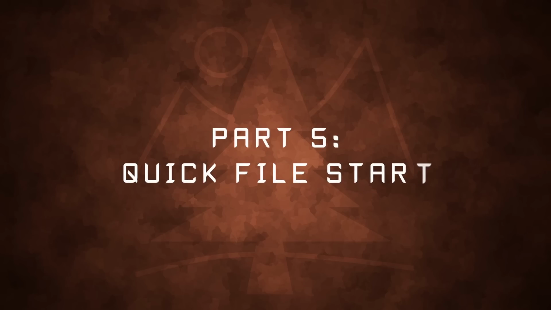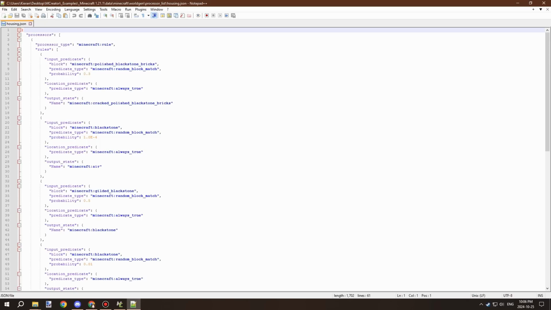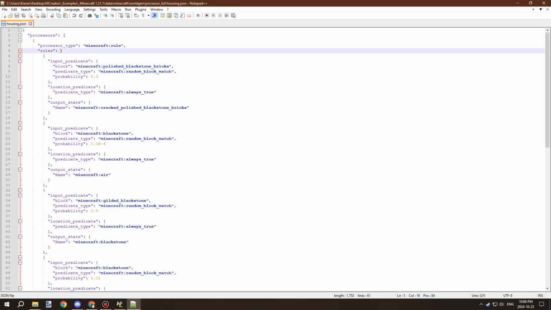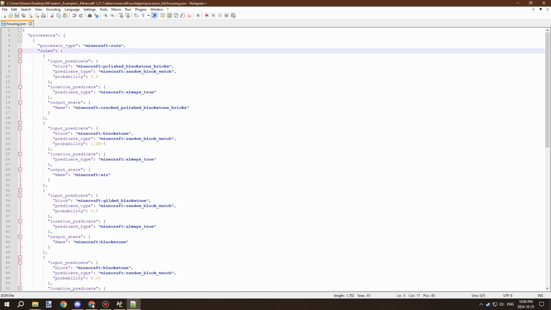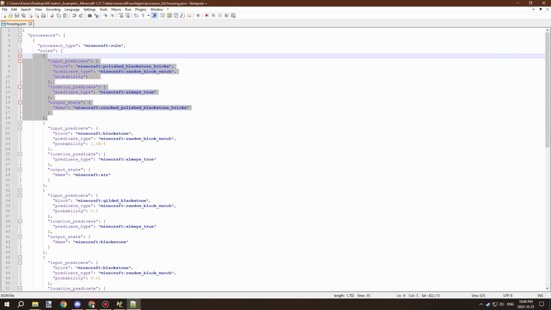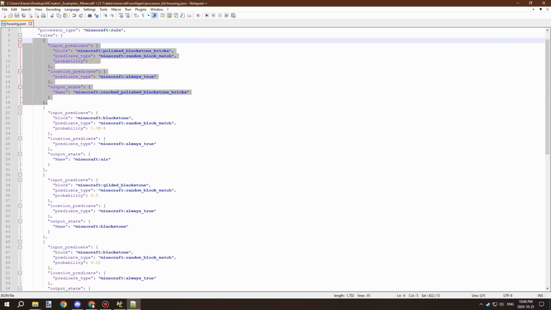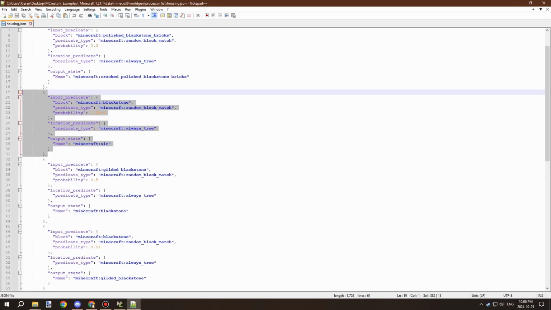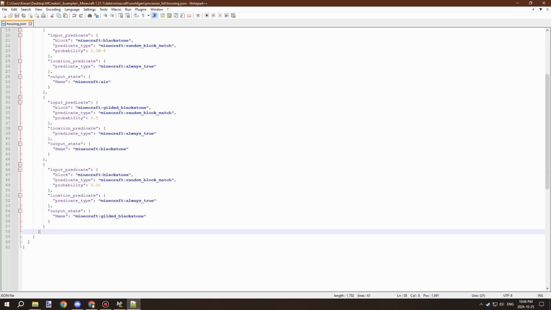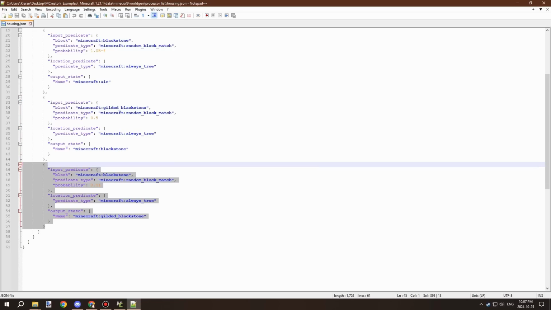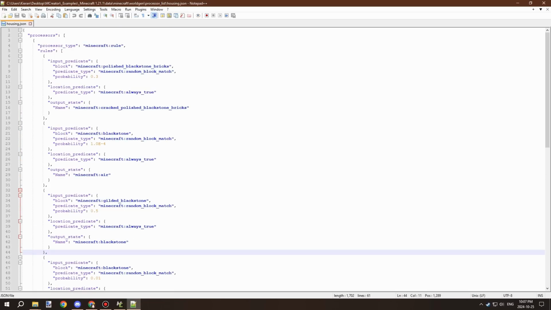So quick start of the files, and we're going to look at the config. This one I think has to do with one of the structures in the nether, because there's polished blackstone. So I think this is a little bit of a different thing, not a village, but it has the same principles that we need. So basically what's going on here is these are the different rules that are going to randomize certain aspects of the structure. And there's a whole bunch of properties in between. We'll be covering little parts of these in a little bit. So for example, the